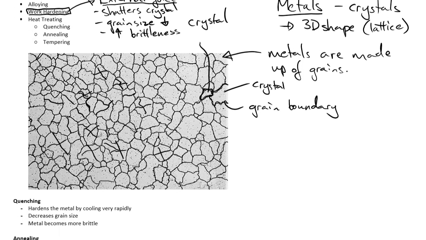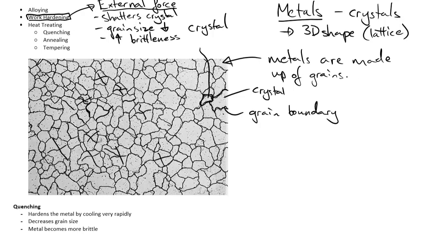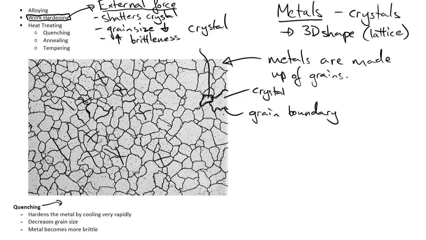So quenching. Okay, so the method of quenching. When you're quenching a metal, what you're doing is you are heating the metal to a very high temperature. Okay, so by heating the metal to a very high temperature, what this does to all the atoms, if you